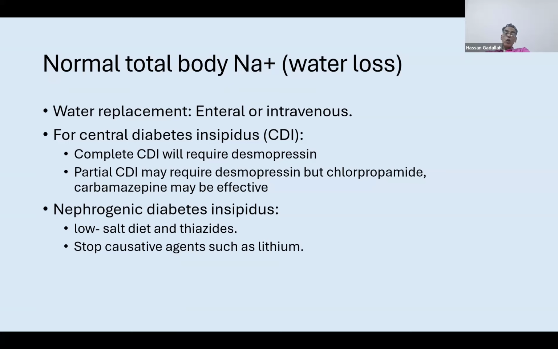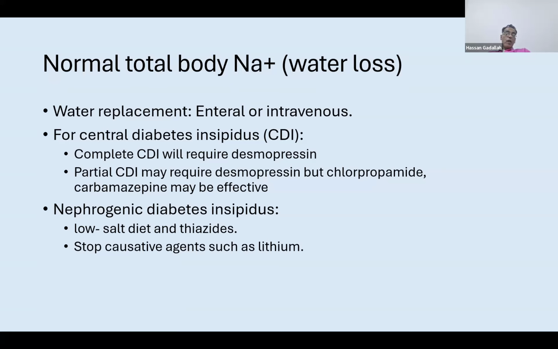So we might also use desmopressin, but in such cases, sometimes chlorpropamide and carbamazepine may be effective in partial central diabetes insipidus. If the cause is nephrogenic diabetes insipidus, we are going to use a low salt diet, and thiazide diuretics usually improve nephrogenic diabetes insipidus, but we should not forget to look for the underlying condition causing nephrogenic diabetes insipidus, like